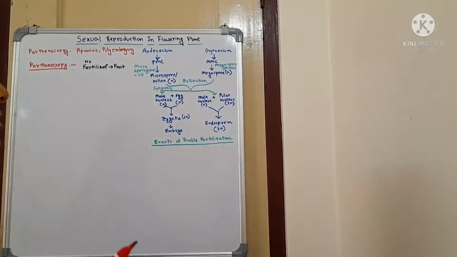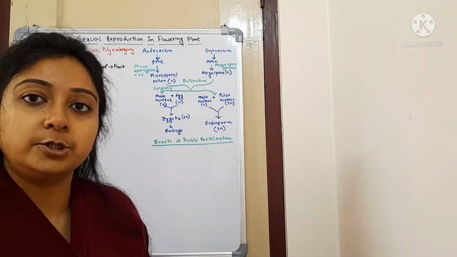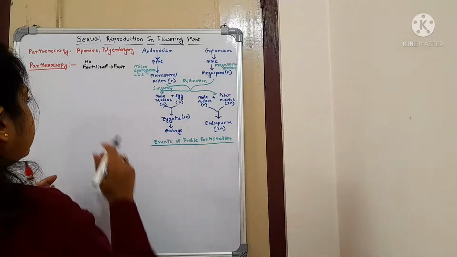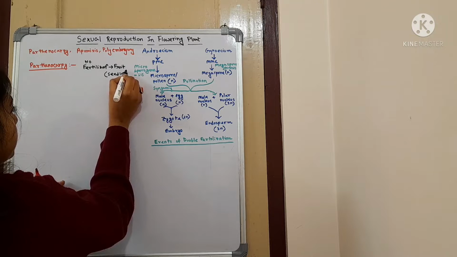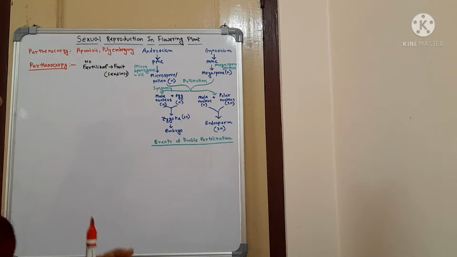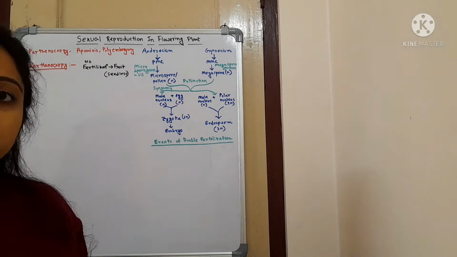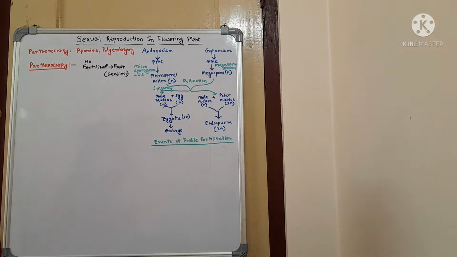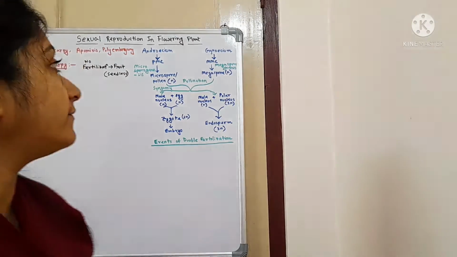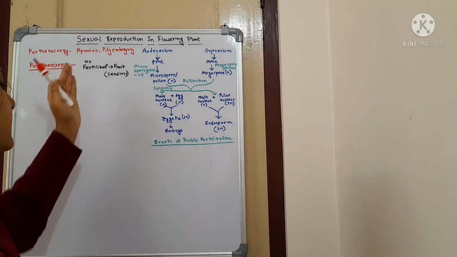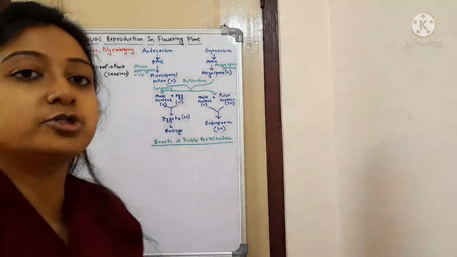So in this case, normally the fruits which are produced are seedless. All the fruits that will be produced will be seedless in nature. There will be no production of seeds. And what the advantages of parthenocarpy are, I will talk about after a while. So just see here that this is the event of parthenocarpy, that is production of fruit without fertilization. That means production of seedless fruit without fertilization. That is called parthenocarpy.